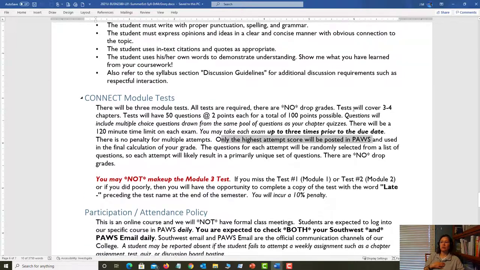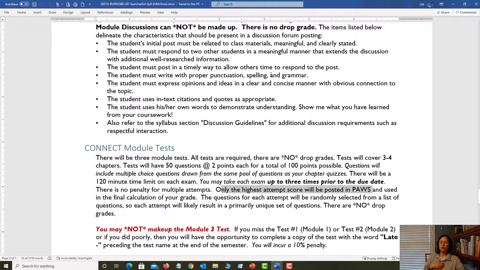If I type a whole bunch of feedback, which I do, for the discussion questions, your first one will probably not be as good as your second posting. So I'm going to give you feedback to help you improve, to do better on that second posting and that third posting. If you're not reading it, you're probably going to keep making the same mistake.